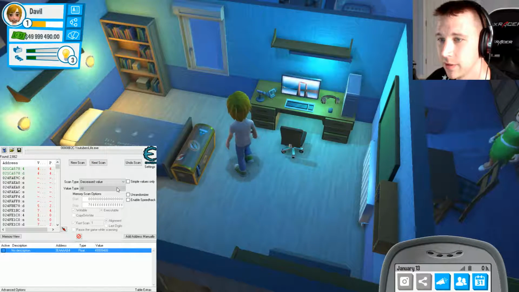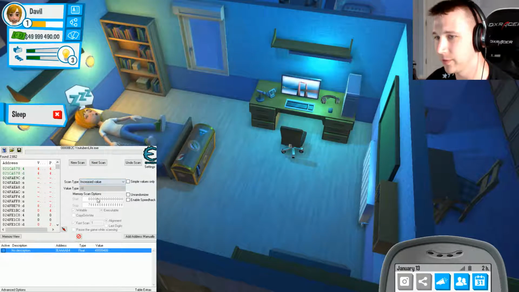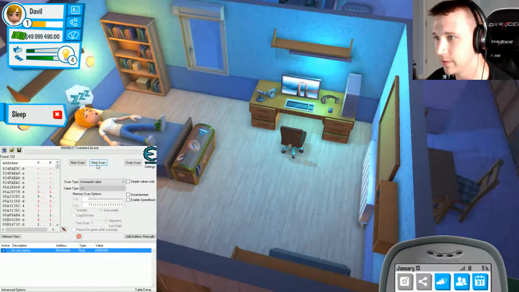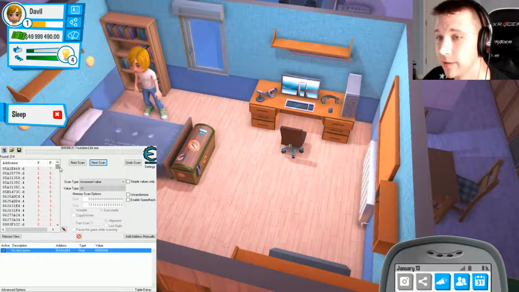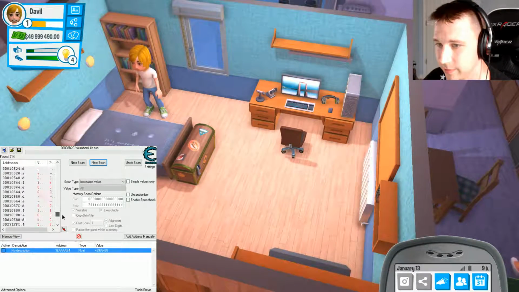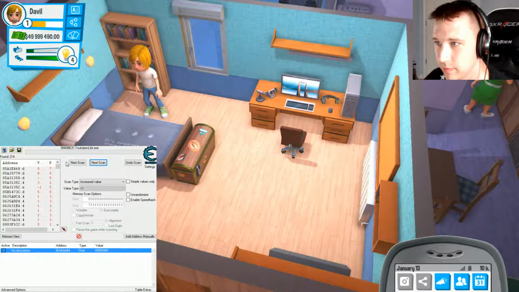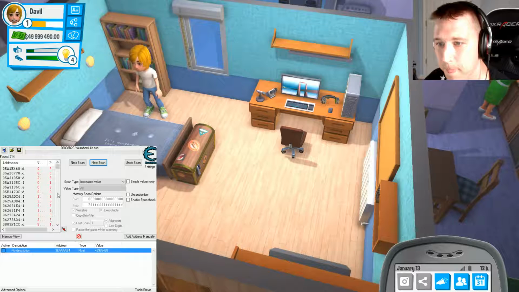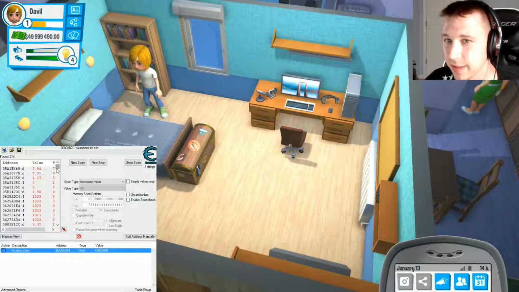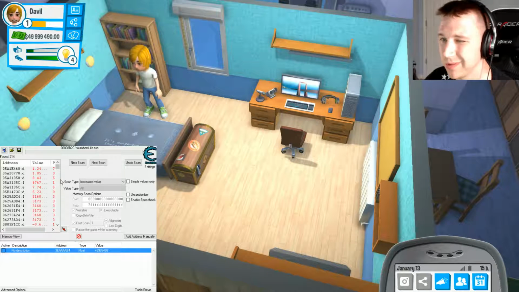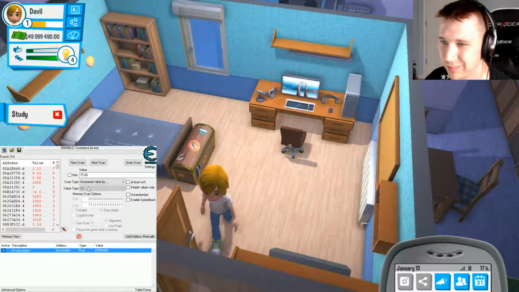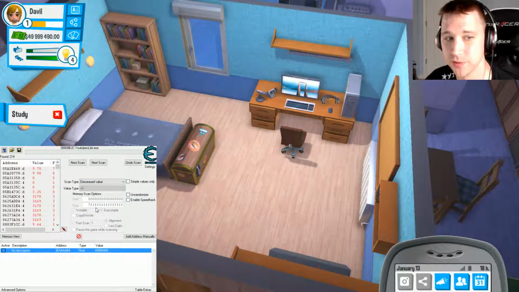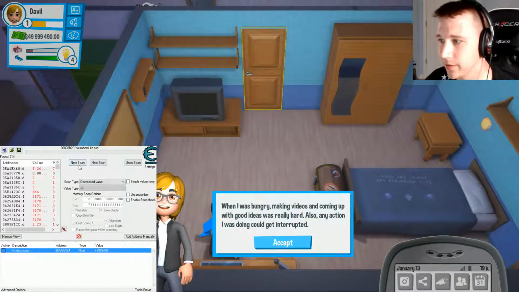narrow down your searches. Alright, so now we're going to go to sleep, which is going to increase the value. There it goes. Alright, there it is. So we've got 214 values now, and we're going to look for some that are decreasing. Now, like I said, I'm expecting it to be a decimal of some kind, and I'm expecting it to be a relatively stable number, but it's still kind of hard to tell from here, because 214 numbers is still a lot. So I'm going to choose decreased value, and we'll try to figure out,